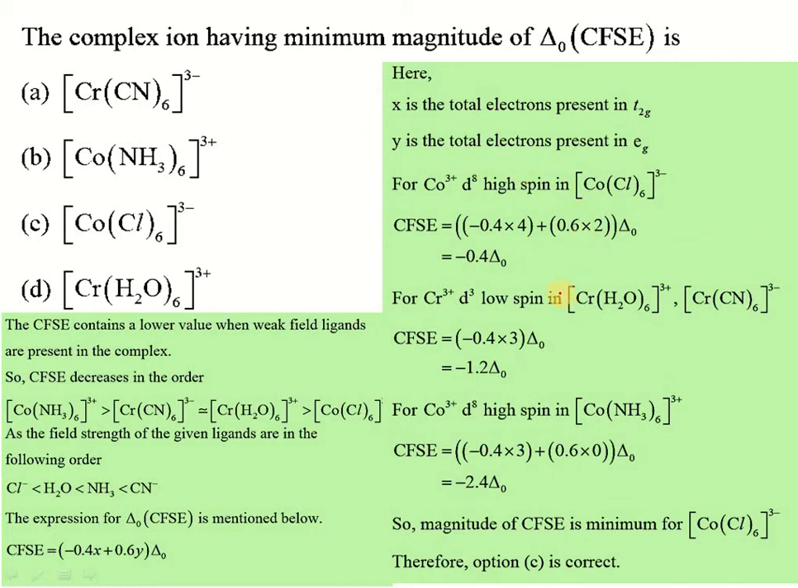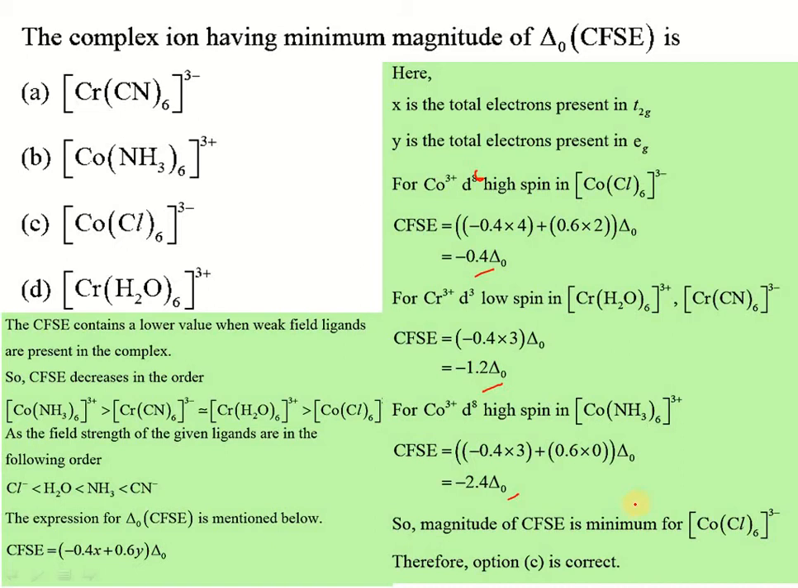So after calculation of the CFSE value for the given metal ions, in the cobalt d6 configuration we got 0.4 delta naught, and the CFSE value for the chromium complex is minus 1.2 delta naught. The CFSE value for both the chromium complexes is minus 1.2, but that of the cobalt ammonia complex is minus 2.4 delta naught value we got. It indicates that the